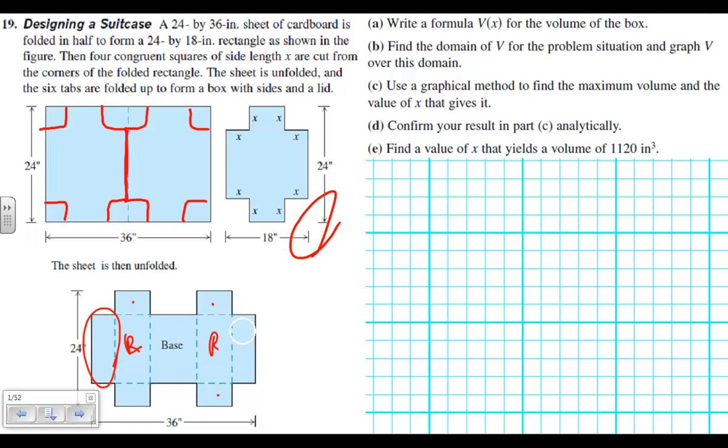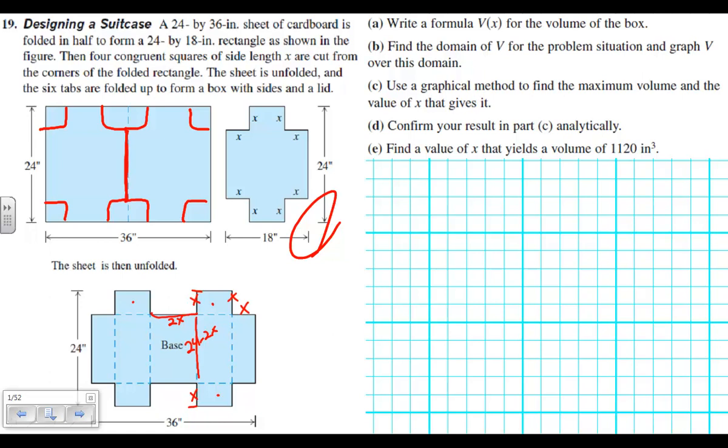Okay, if we take the x's that were given here, this is an x, x, x. This distance here is 2x. This distance here has an x and an x, and it used to be 24 inches, but 24 inches less these two. This distance here is 24 minus 2x. So we've got one side of the base dimension, the other side of the base dimension, and the other dimension is going to be,